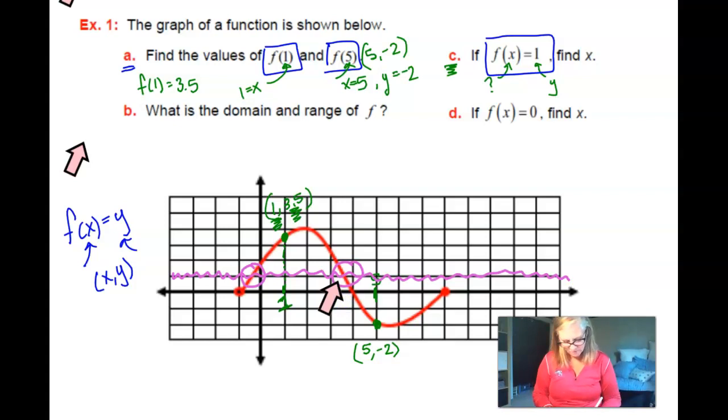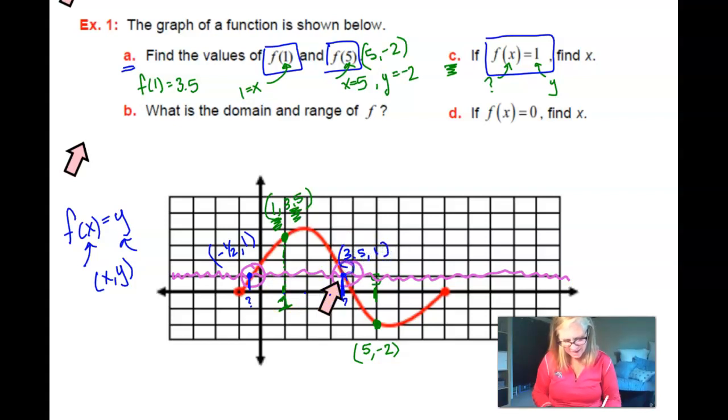And so we are looking for the x value. So I need to find this number right here, and I need to find this number right here. And this first spot on the left, it looks like we have negative 1/2, comma 1. And this second spot right here, we have 1, 2, 3.5. It looks like we have 3.5,